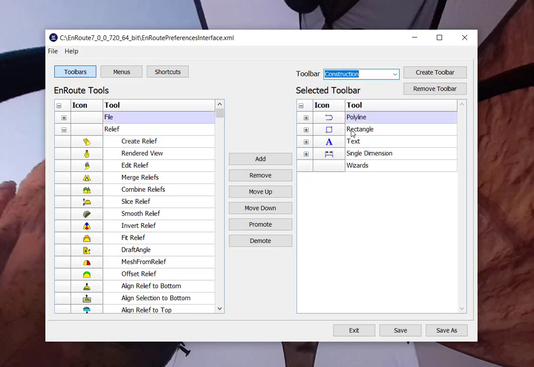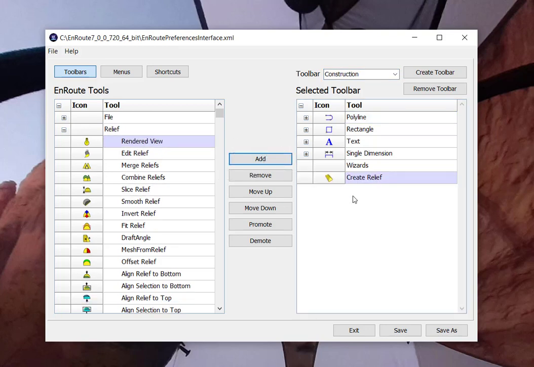So if I find a function I want to add to this toolbar, let's say in this case I want to add create relief, I can select it and then click add to add it to this toolbar. I can also use the tools here to move it up in the position in the toolbar or down,